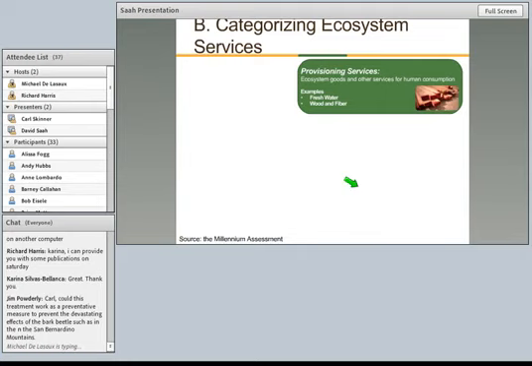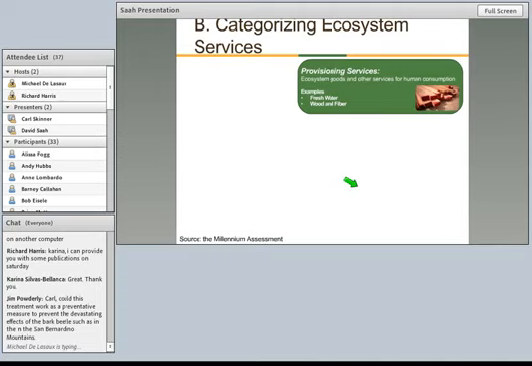Now, that's a very specific example, and you could probably sit there and say, hey, there's a ton of different examples like that, so you can pretty much quantify anything as an ecosystem service. And that's probably true, and there needs to be some sort of structure or organization to how these things get pulled together. And so during the Millennium Assessment, they created a framework for categorizing ecosystem services, and they came up with 4 basic categories.